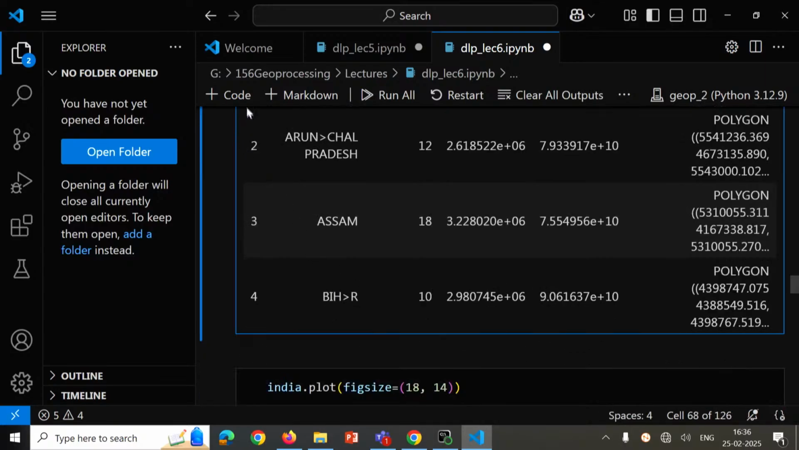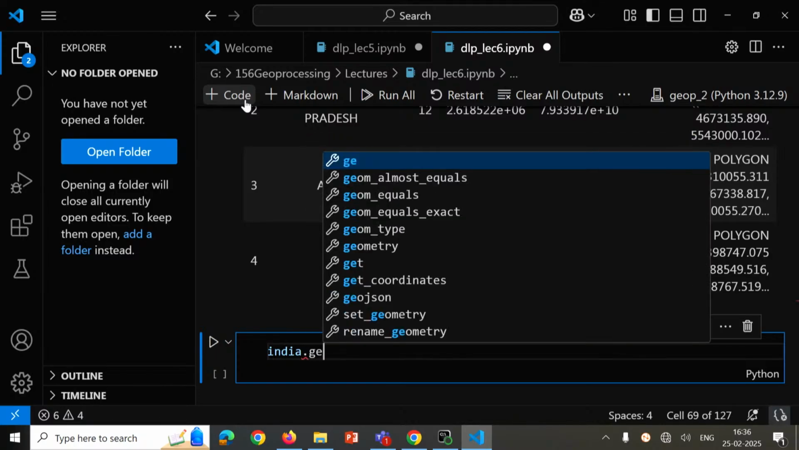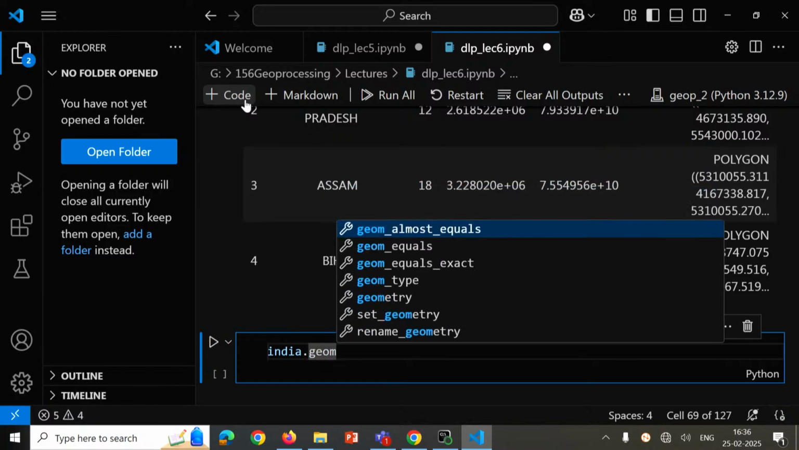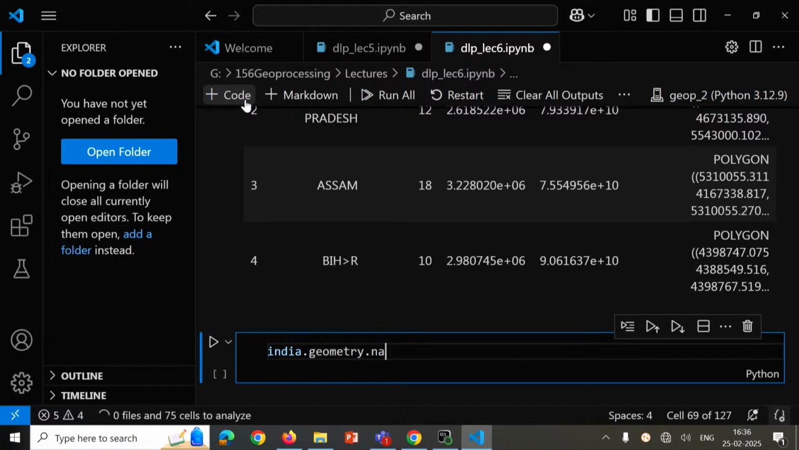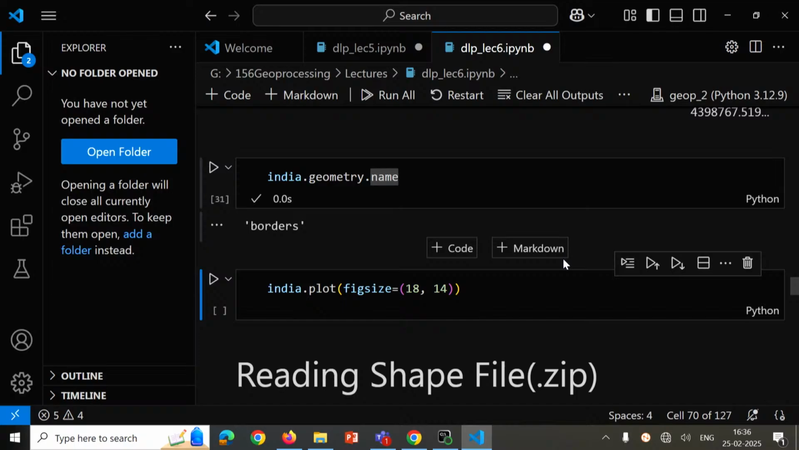Now if I call India dot geometry dot name, it says borders, right? Now suppose I want to visualize that. GeoPandas offers a very high level interface, as I said, to the matplotlib library. So if you directly call the data frame dot plot function, it will just draw all the geometries available in that borders column, right? So if I call India dot plot,